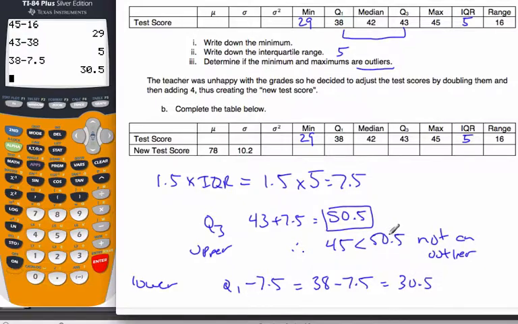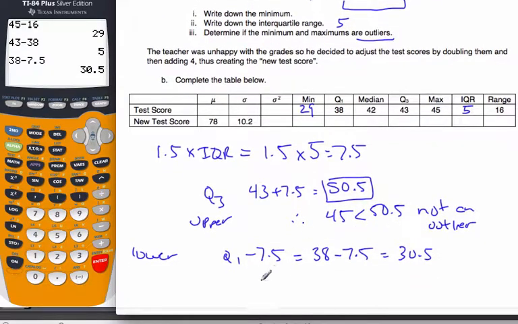Anything smaller than 30.5 is considered an outlier. Therefore, since 29 is less than 30.5, 29 is an outlier. So this minimum of 29 is indeed an outlier this time. Moving along,